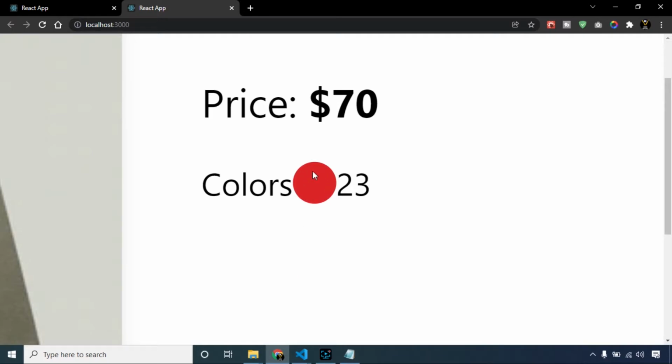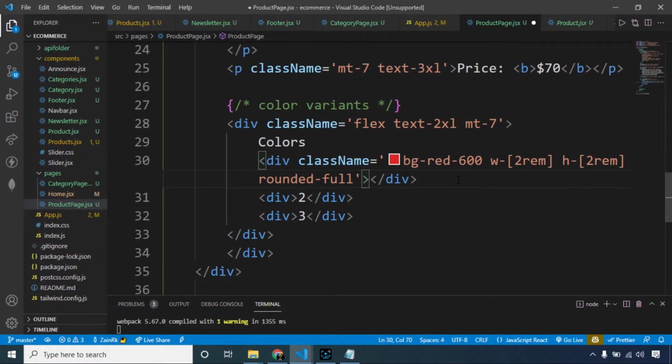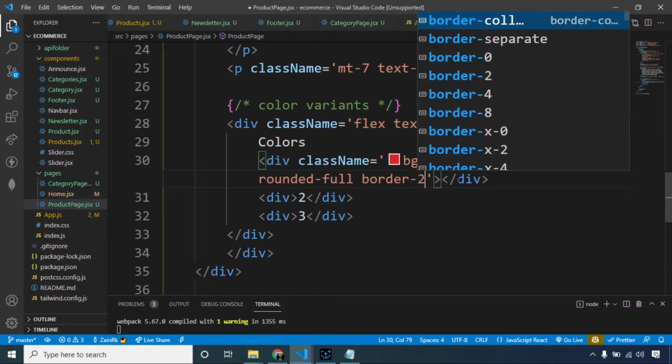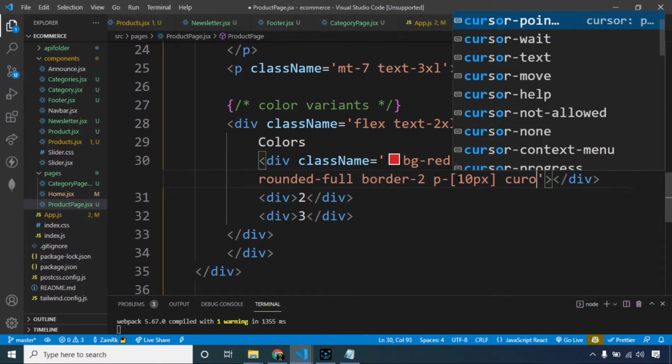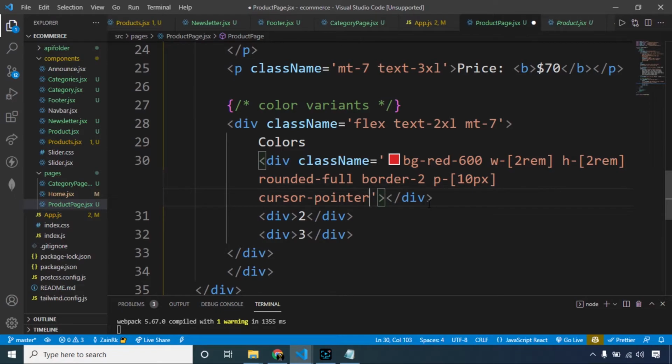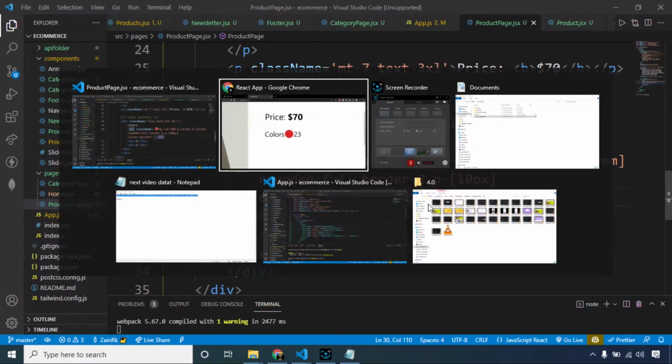Let's add some more effects for this. Here I am adding some more styling for our red color div, making its border 2 and padding around 10 pixels like this. And further, I am making cursor pointer, so whenever we have our cursor over this, it will be like a pointer.